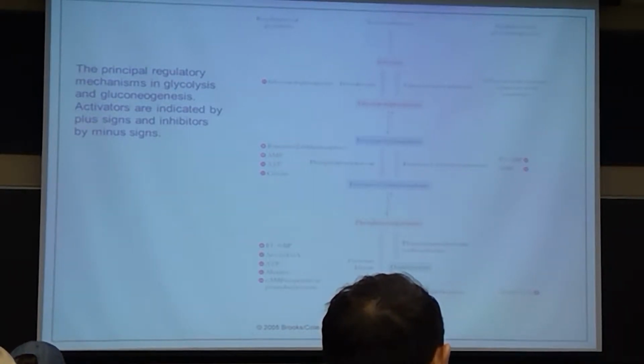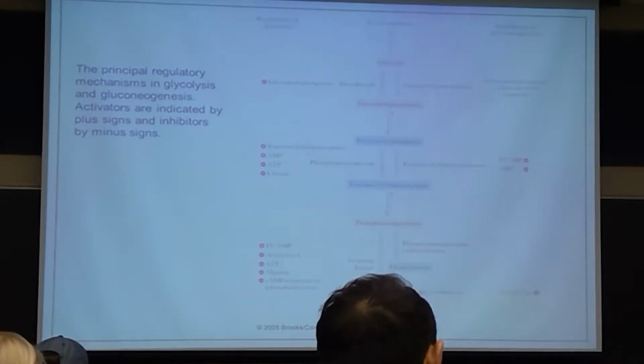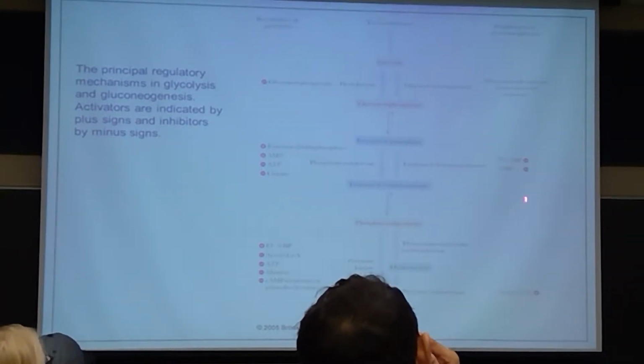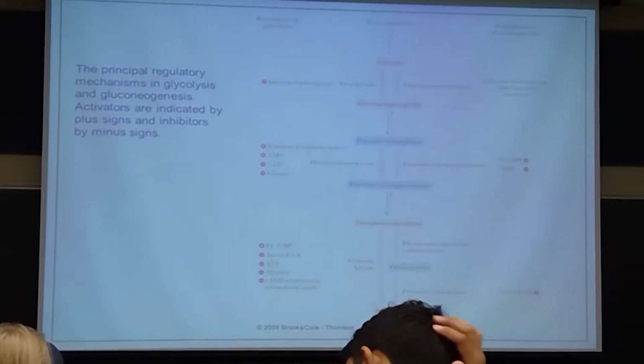AMP negative, it's obvious because low energy. Does it make sense? Acetyl-CoA is a positive regulator. It is correct. High energy state of the cell. So you want to remove acetyl-CoA, make glucose. Does it make sense? So basically all of these factors activate pyruvate carboxylase. That's the first enzyme. All of these factors will also activate